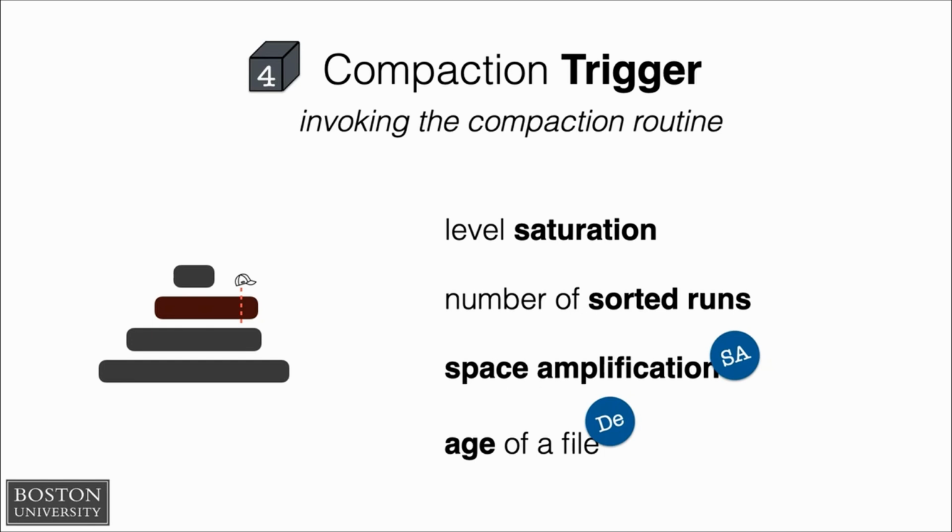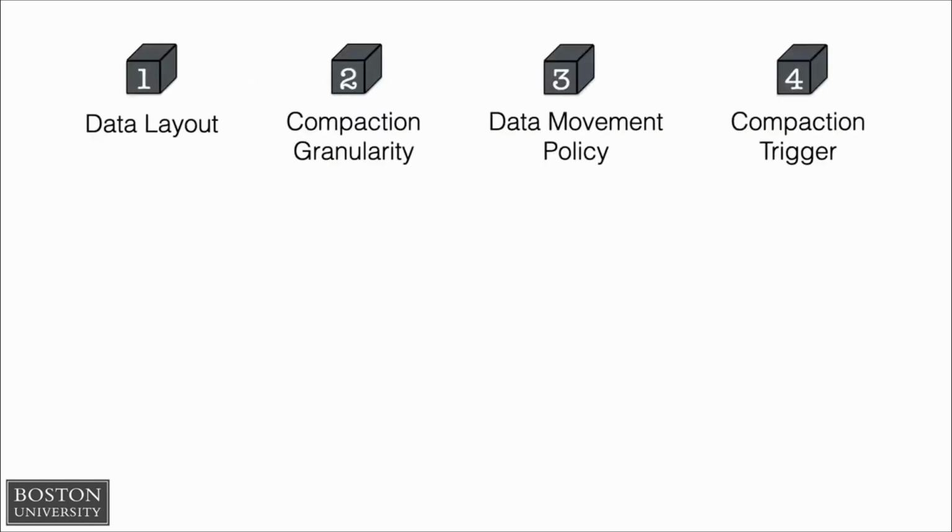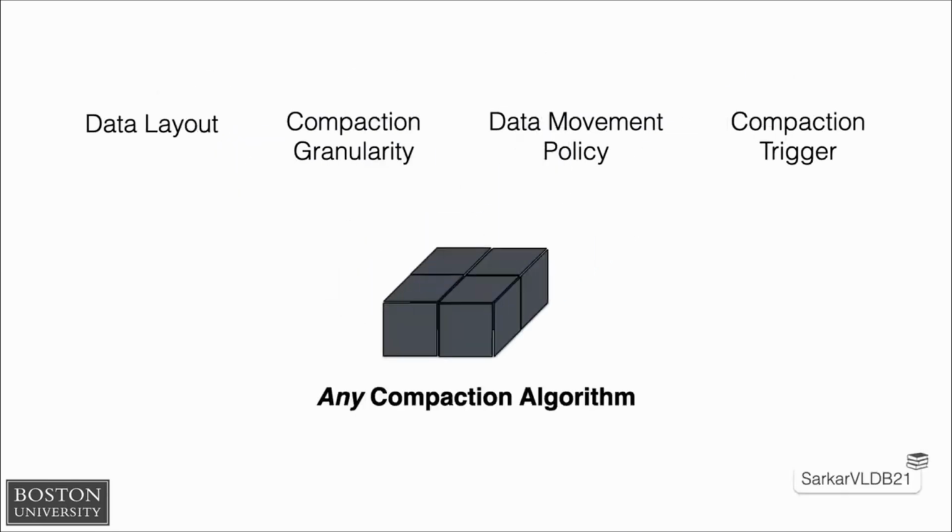We can also keep track of the age of the files in a tree. And if a file is in a level for too long, we can force trigger a compaction on that file. This way we make sure that all data are compacted, and particularly for the requirement of timely delete persistence, this makes a lot of sense, which we will also see a little bit in the third part that Manos will be talking about. Right, so we have now our 4 compaction primitives,